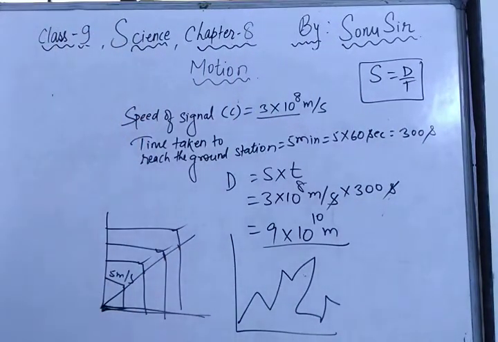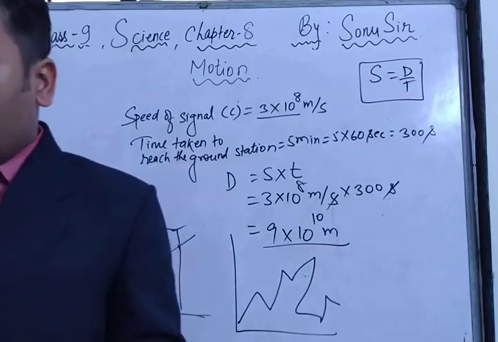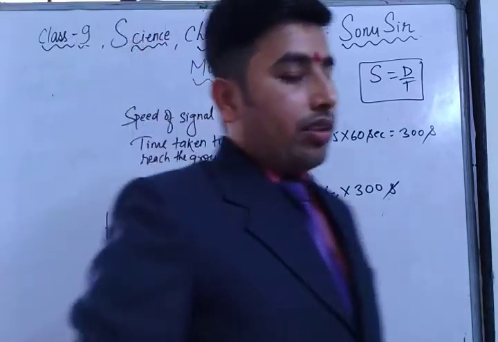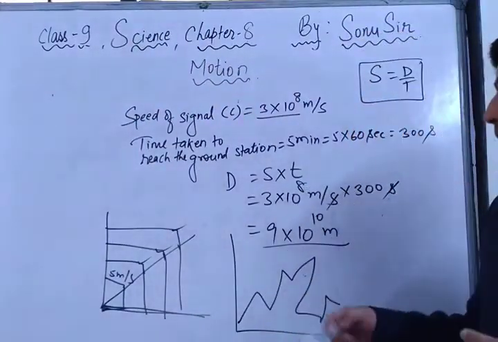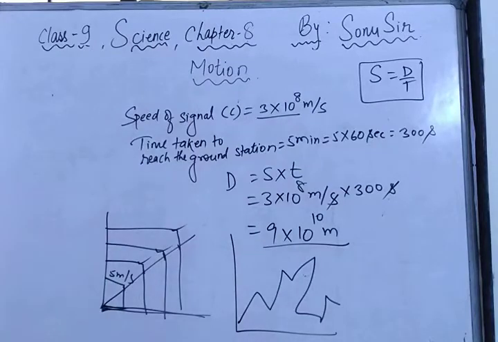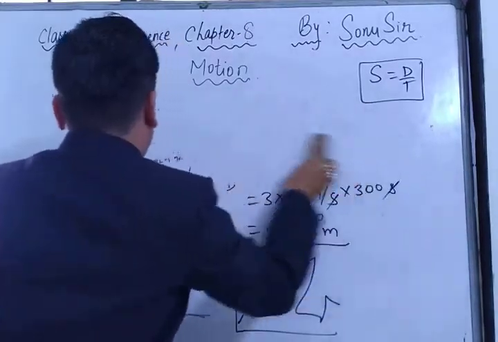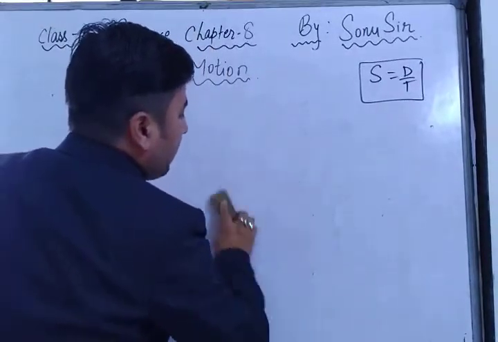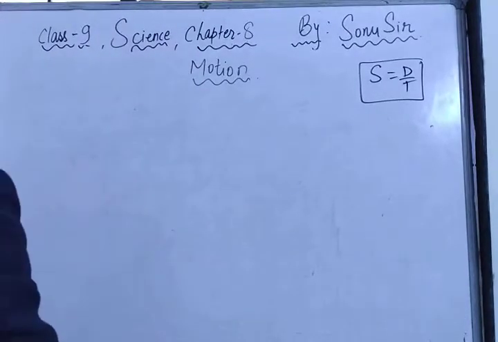So for this we have to introduce a new physical quantity called acceleration. What is acceleration? Acceleration is change in velocity by time taken. As you can see here, since it is not a uniform motion, the speed changes, right? So that's why our new physical quantity is called acceleration. Acceleration is equal to change in velocity by time taken. So remember this formula. You should always remember the formula, because the concept which we have to learn is the formula. What is acceleration?